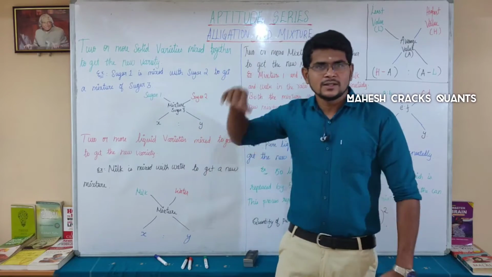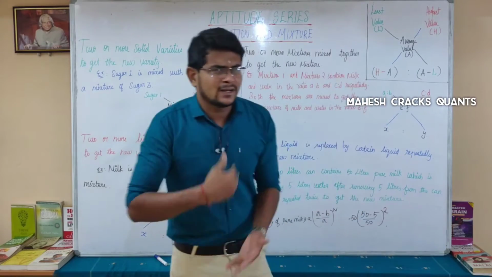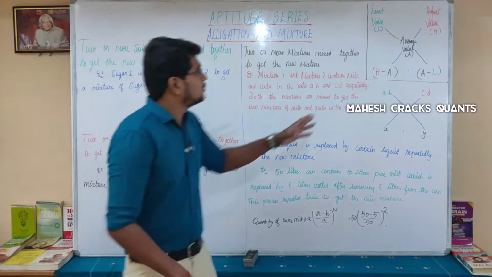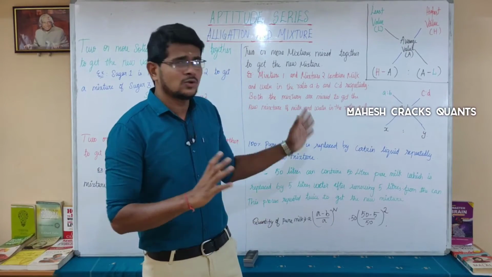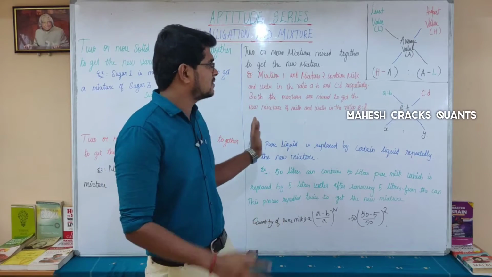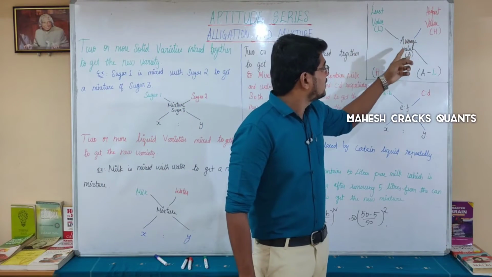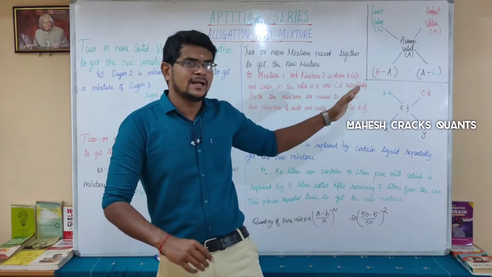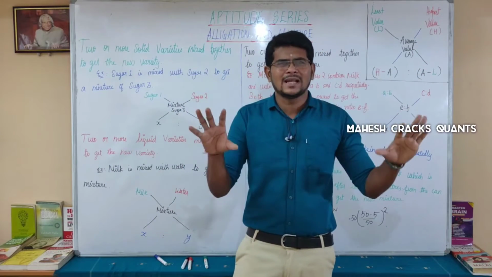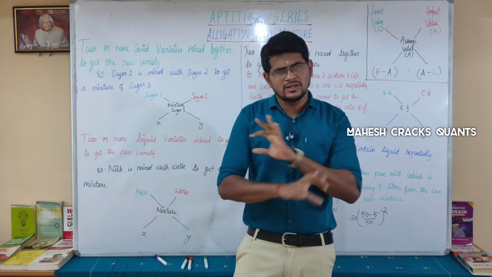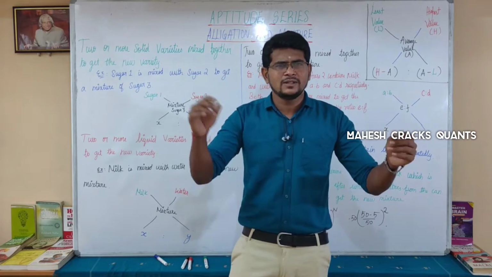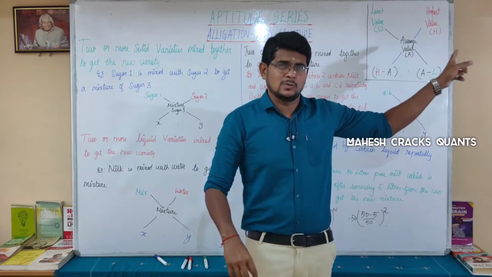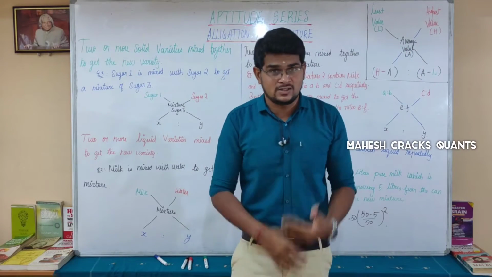Okay, let's get started. The first thing is what kind of problems will be asked using alligation and mixtures. This is the formula throughout alligation and mixtures: least value, highest value, average value. You have to subtract these. I will explain that later. You will have two different values and one average value in every question. You have to fix them in their positions, and then you get the answer.